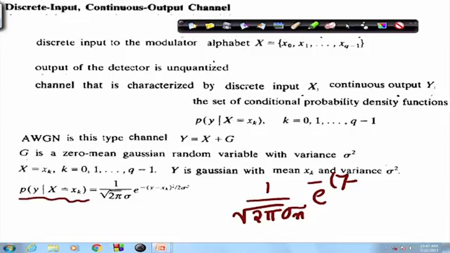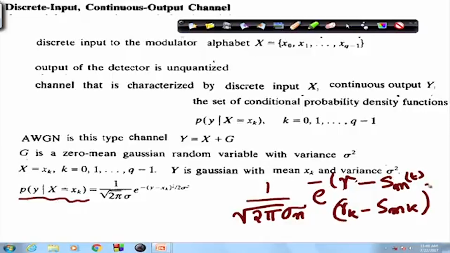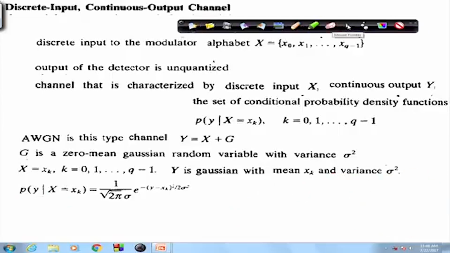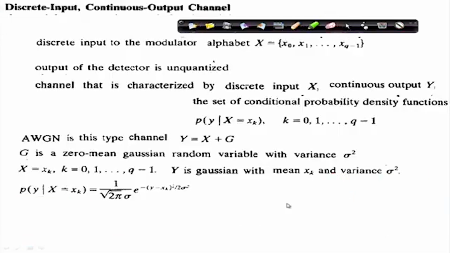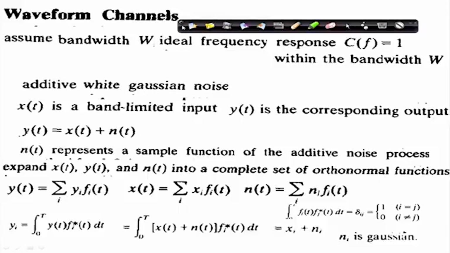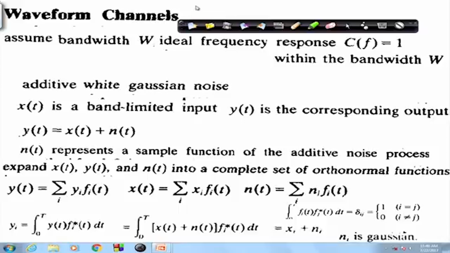So, what we had done earlier is we had used (r_k - s_mk)^2 upon N_0. This is what we had used, right. So, this is the same thing that you see over here, you do not see anything different at this point. Okay. So, the next kind of channel we can think of